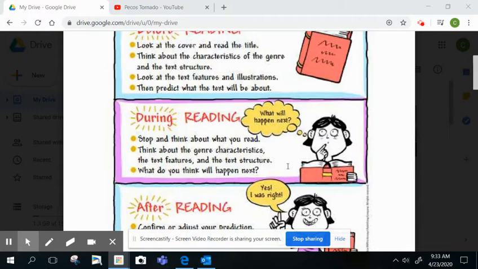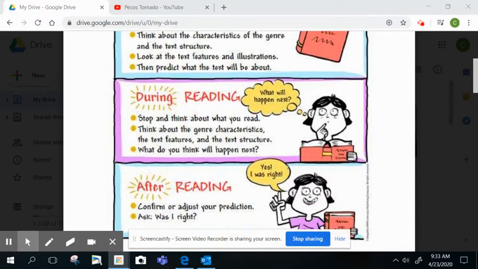So if you're looking at a book and you say they have a twist in the story, then you'll stop and decide, well, what made you think that it was not going to happen the way you thought? Or vice versa. I knew that was going to happen because, and those are usually the predictions that you have.